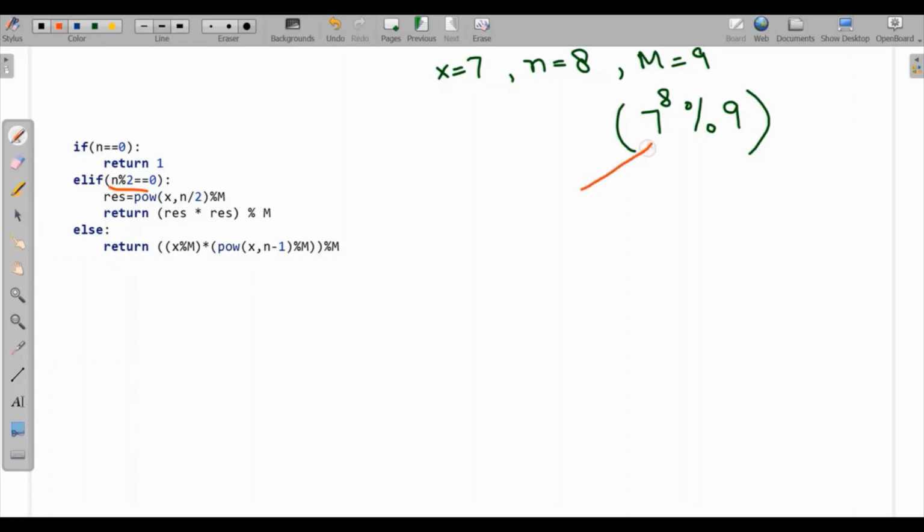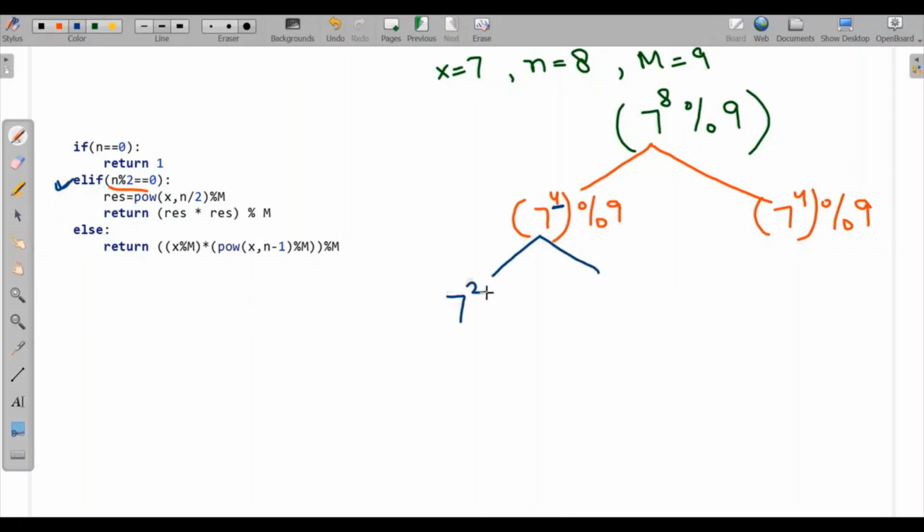So here it will distribute into 7 to the power 4 mod 9. Then again it will check n is equal to 4, which is an even number. Again it will go to elif, and here it will distribute to 7 to the power 2 mod 9, and similarly for this also.